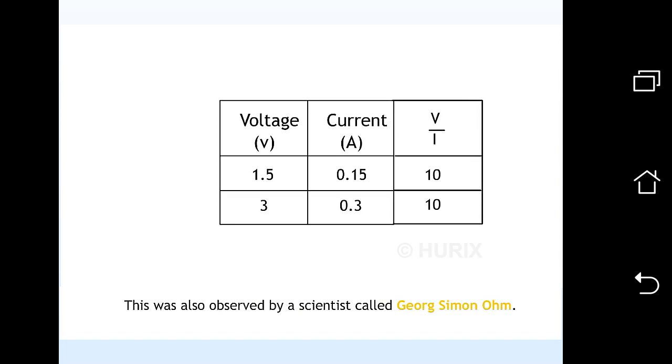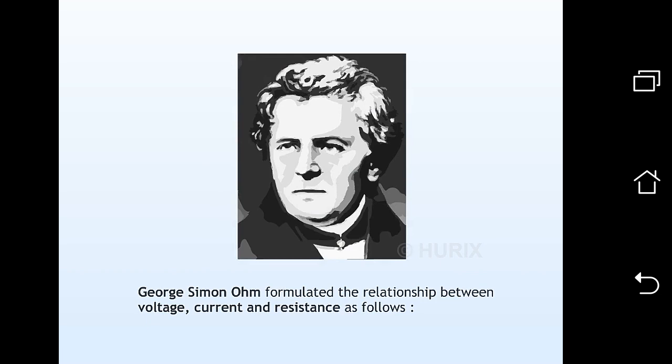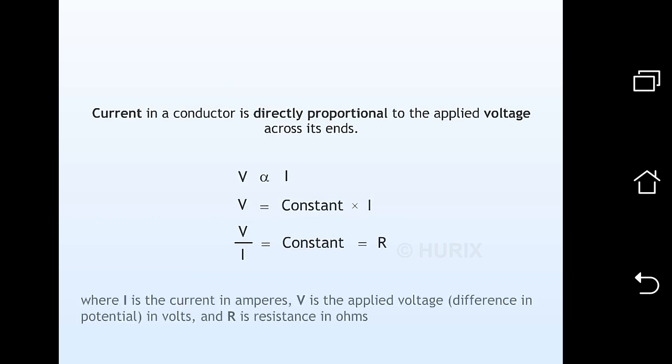This was also observed by a scientist called George Simon Ohm. George Simon Ohm formulated the relationship among voltage, current, and resistance as follows. Current in a conductor is directly proportional to the applied voltage across its ends. Voltage is proportional to current. V equals constant times I, V by I equals constant R, where I is the current in amperes, V is the applied voltage, the difference in potential in volts, and R is